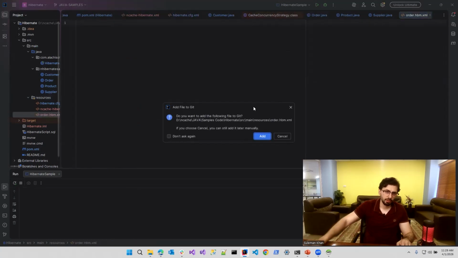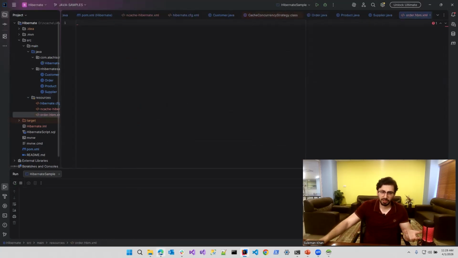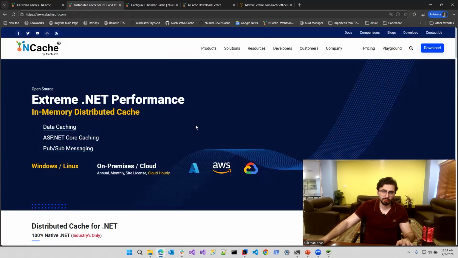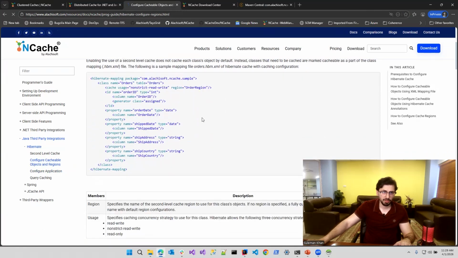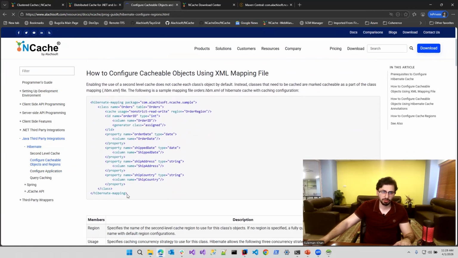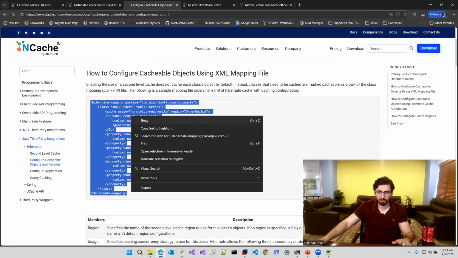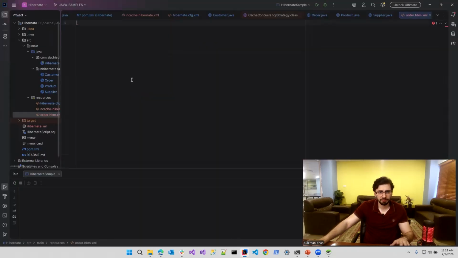order.hbm.xml, and I would paste the XML layout over here. So I'm just going to navigate to the NCache website because I believe we do have the XML set up here, and this is what it would look like. So this already utilizes the order object. I'm just going to copy this as it is,